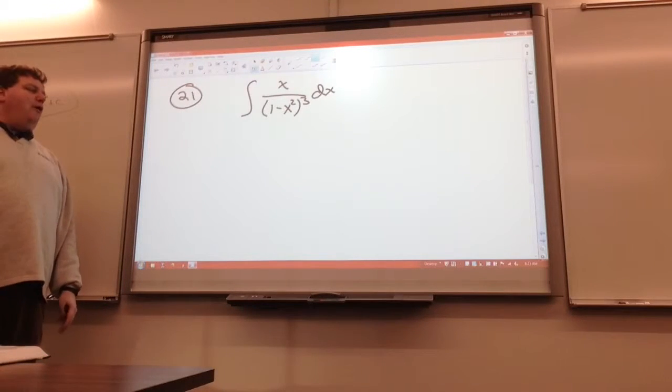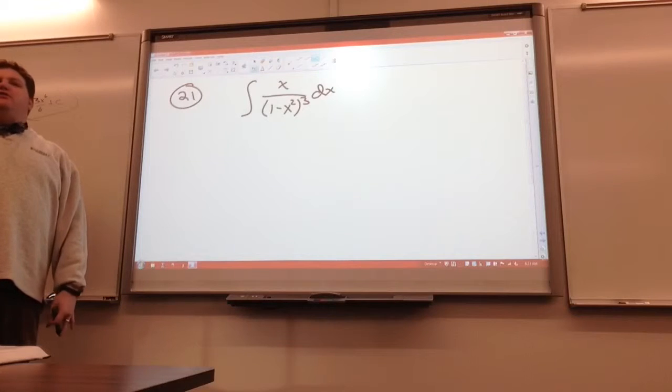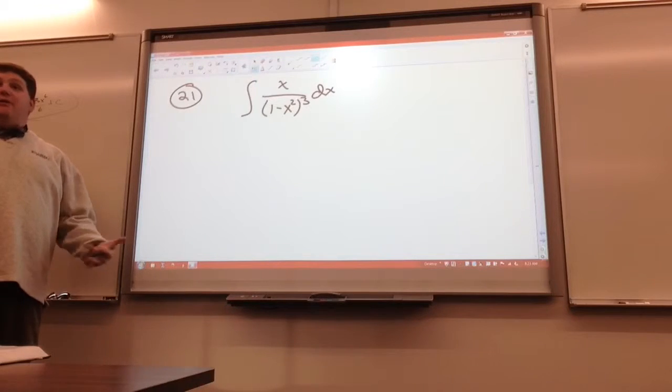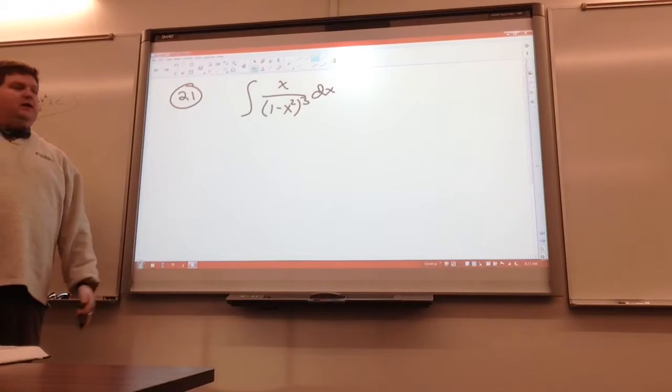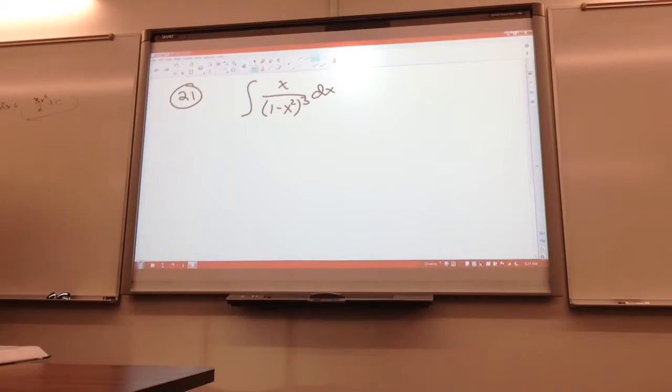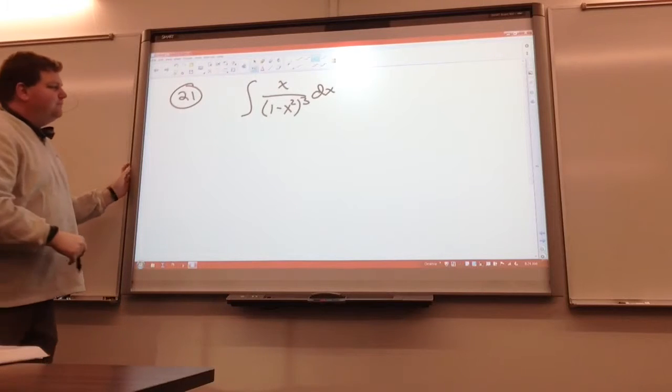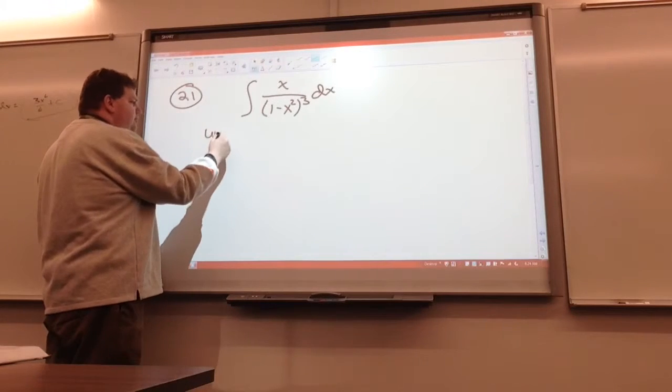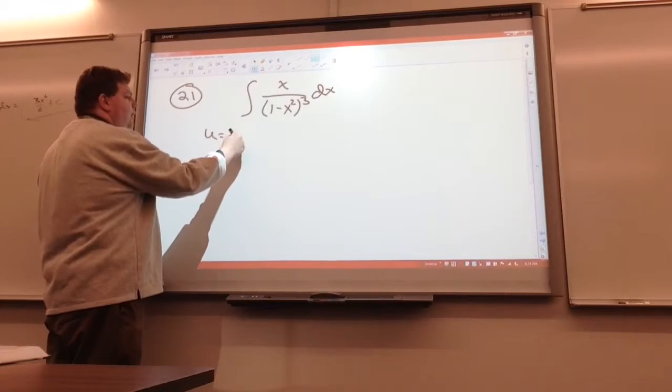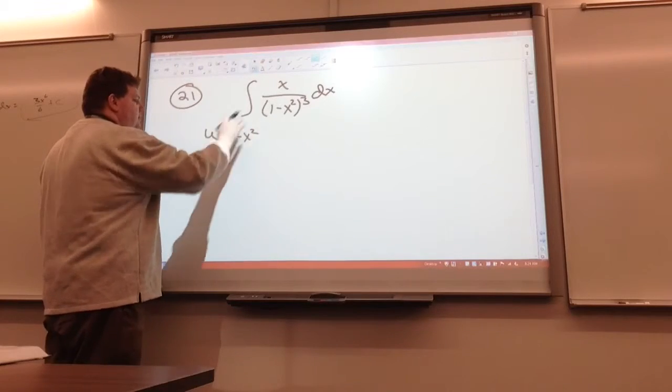So, that means I'm going to then switch over to substitution mode. Can I write this as a substitution? If I could, what would I pick to be my u, my substitution variable? 1 minus x squared. Why? Bigger x, bigger x in parentheses. Those are good enough reasons right there. U, it's going to be 1 minus x squared. Then ignoring this